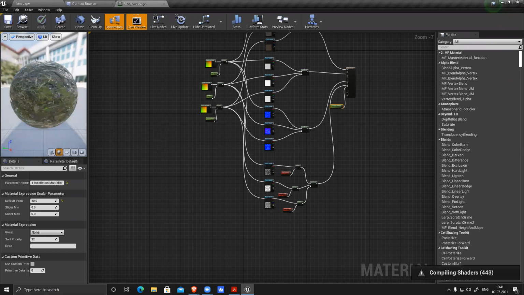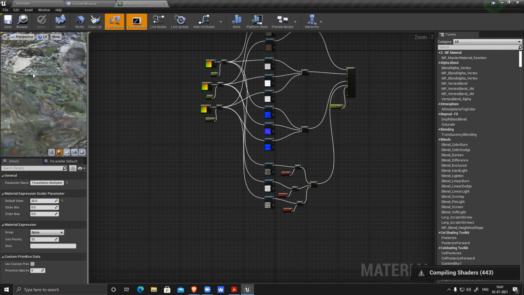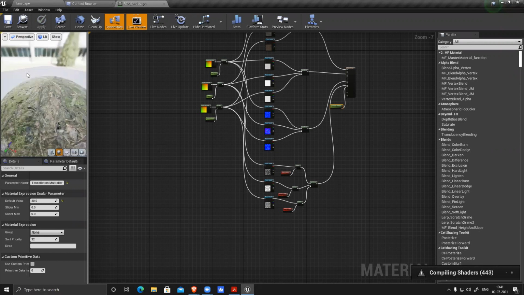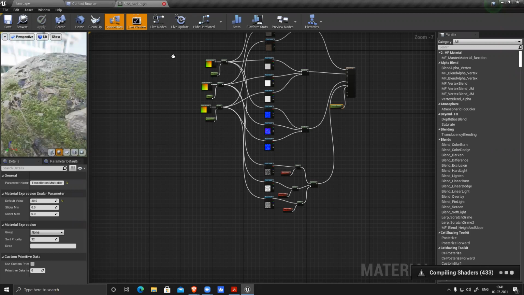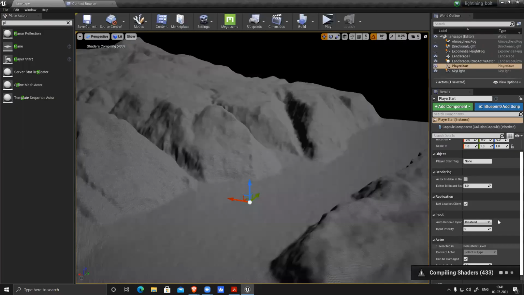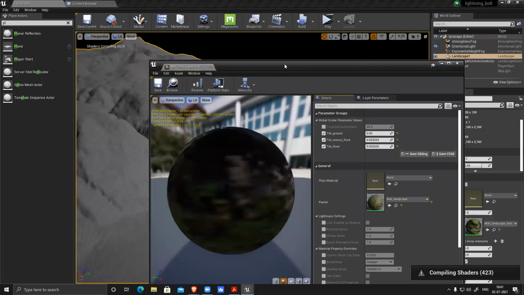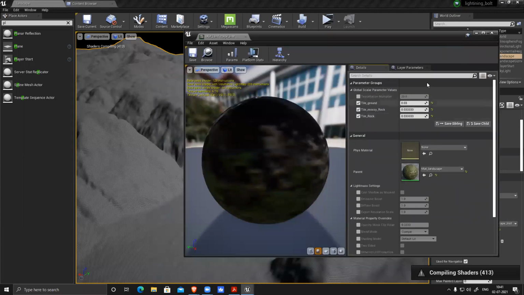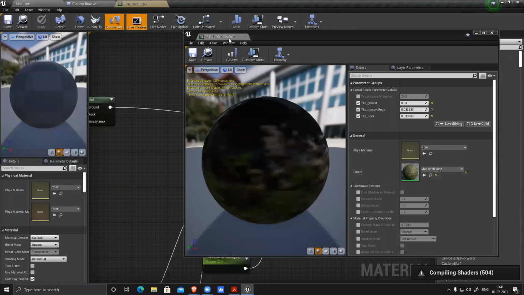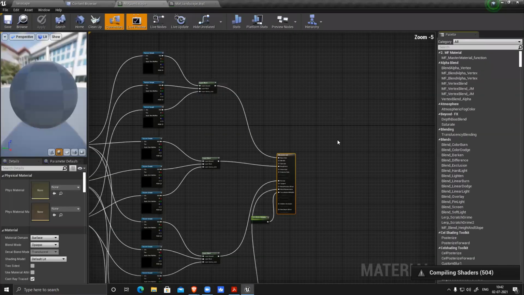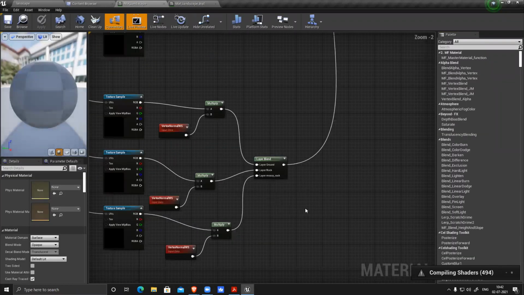Save. You can see if you zoom in now, let's see any corner, nothing fancy is happening here. Close it, go to here, it's recompiling everything. Just double click, open the material. Now you can see the tessellation multiplier also here. Oh, one more thing I missed. That is something I forgot to add, displacement intensity, the intensity of all the displacement.